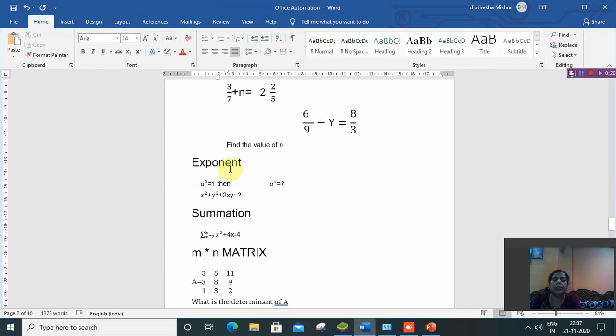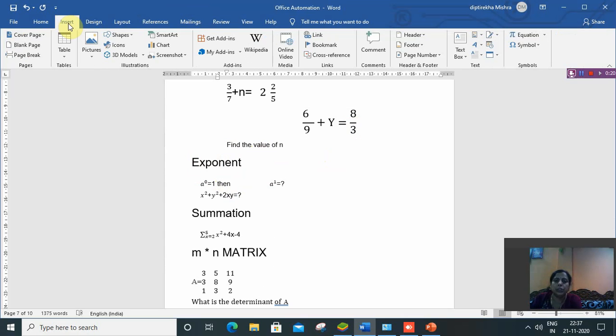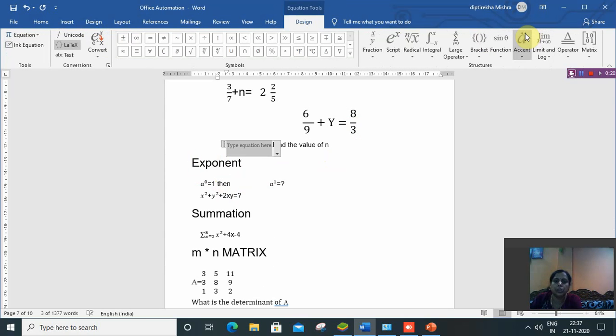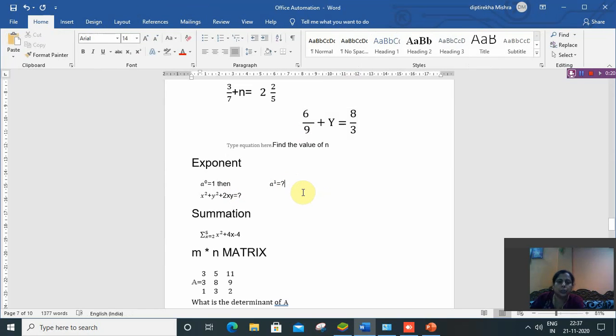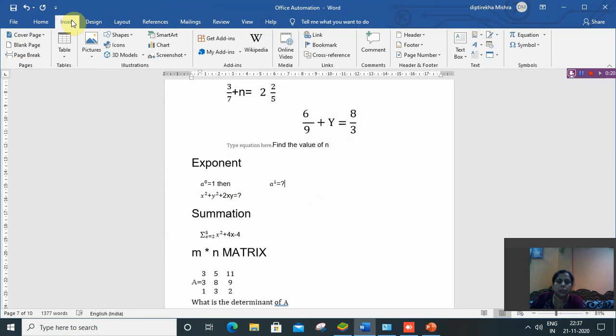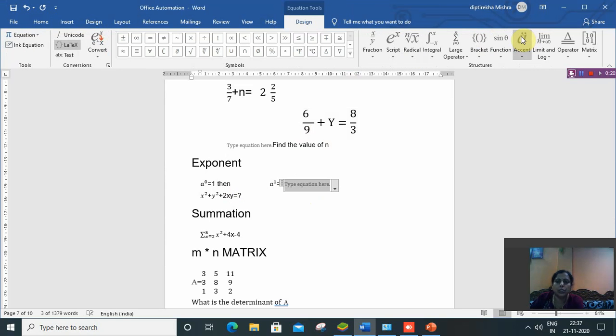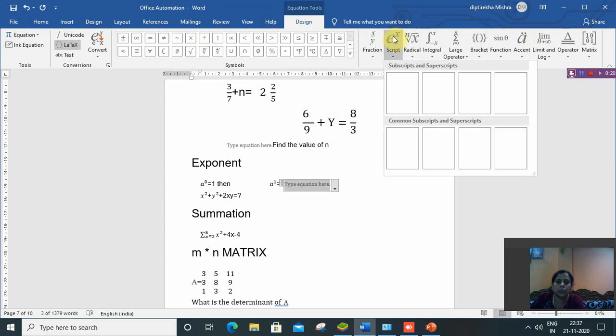Then like if you want any exponent, it is also in the equation, insert then equation. Okay, then go to this e to the power x script, then just choose the subscript or superscript exponent.